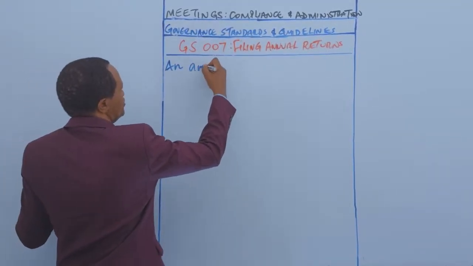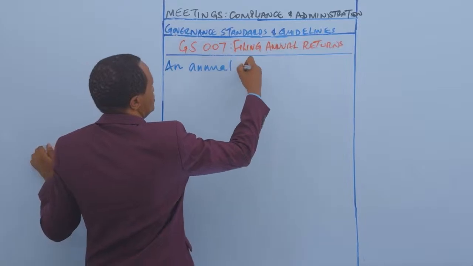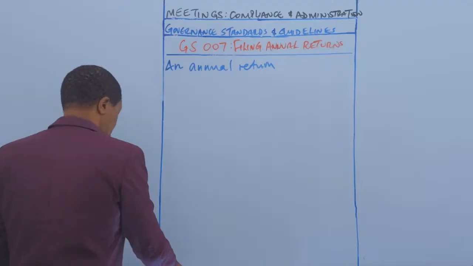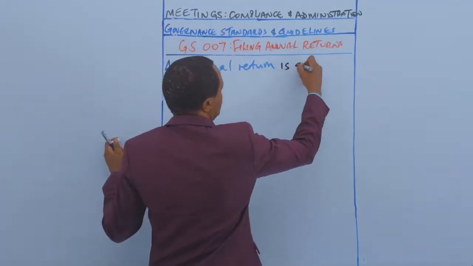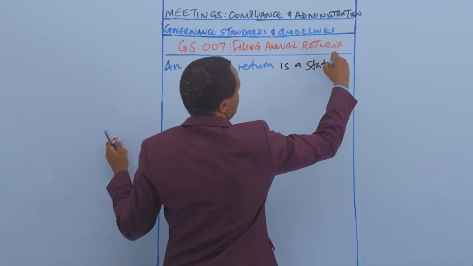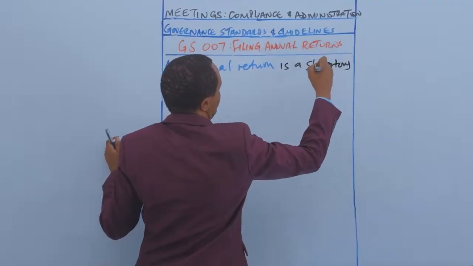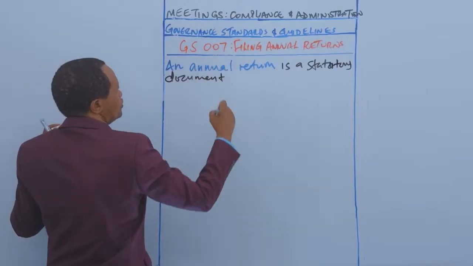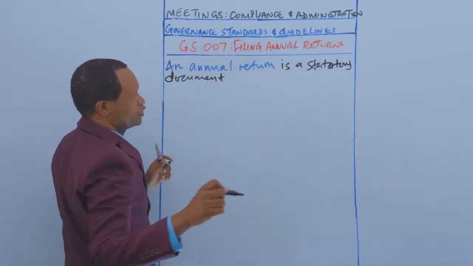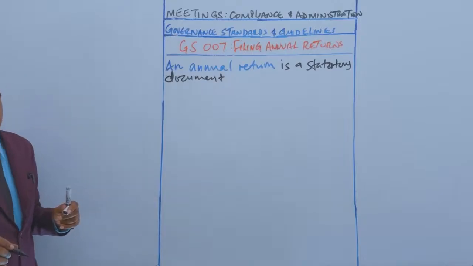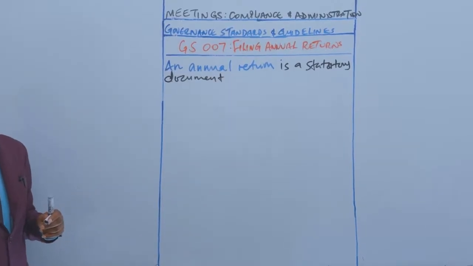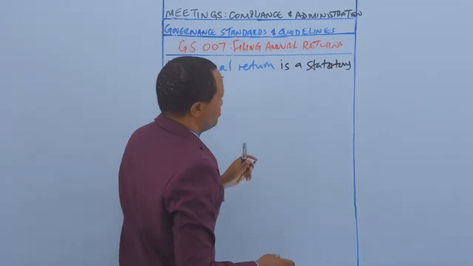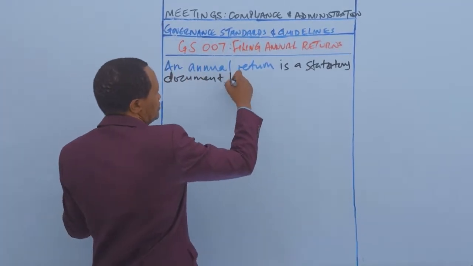An annual return is a statutory document. First of all, it is a statutory document. An annual return is a statutory document that does what? That summarizes the company's legal structure